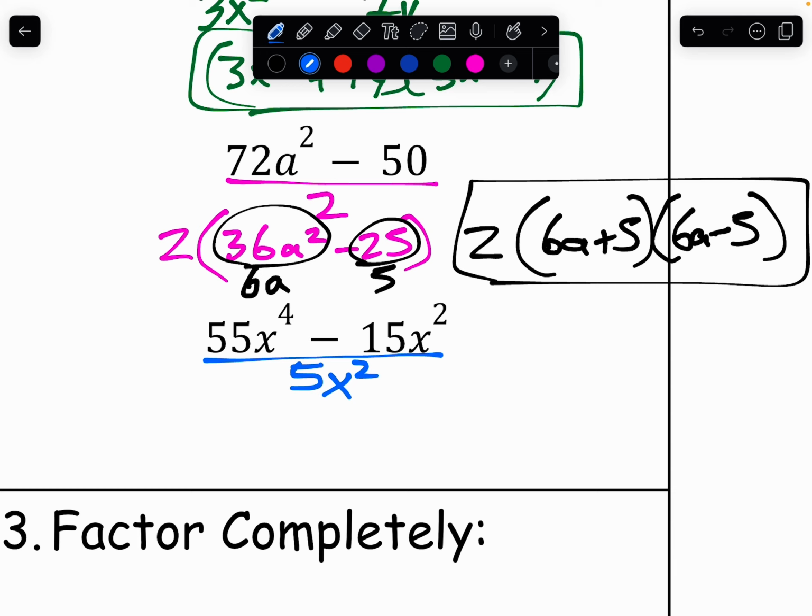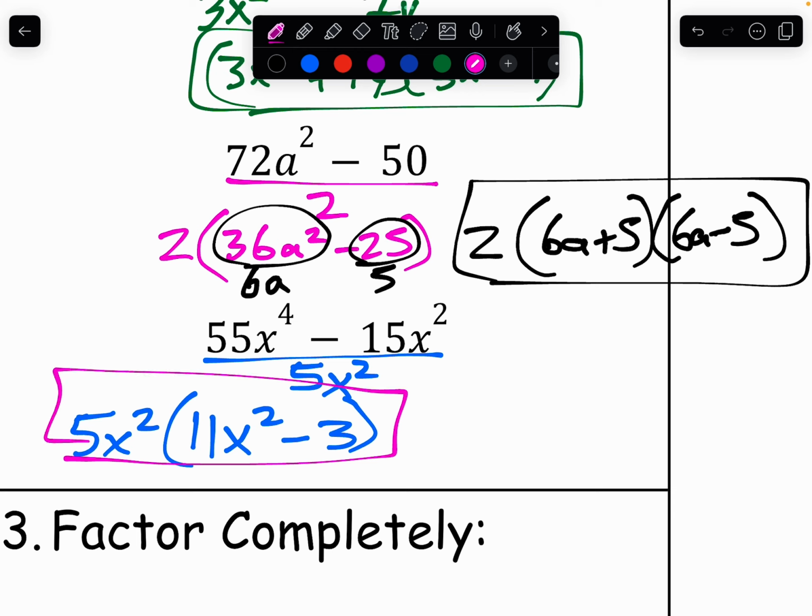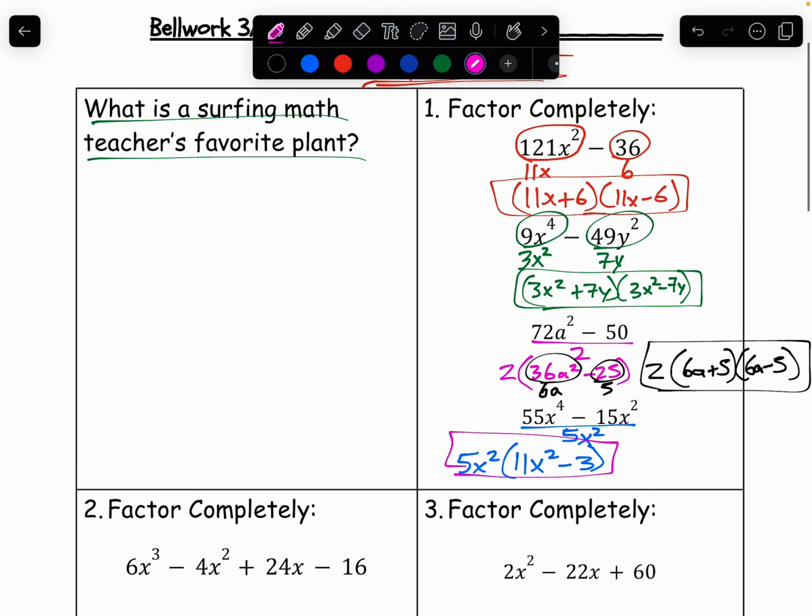So 5x squared comes out, and then what's left is 11x to the second minus 3. Now, if you look at that difference there, those two are not squares there. Okay? So we can't do anything further. So that's going to happen sometimes, and there's nothing else you can do. Okay? So that's the first